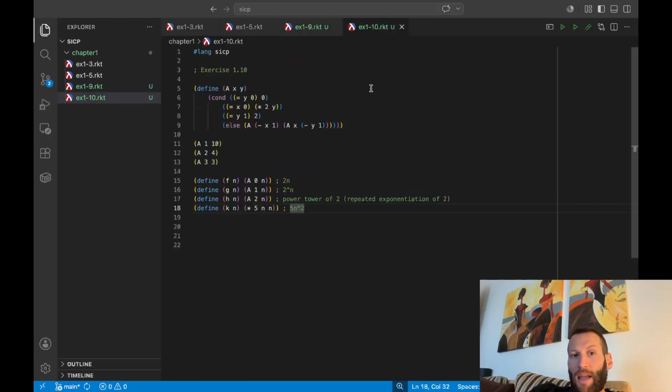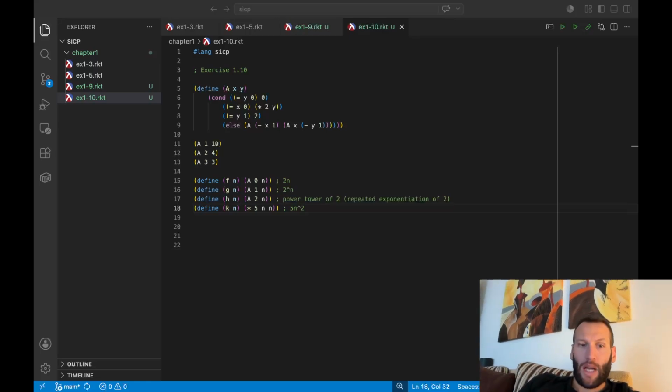Exercise 1.10 is more concrete in a sense. We have this definition. I don't remember the name of this mathematical function. Let me take the PDF and I'll tell you. The following procedure computes a mathematical function called Ackermann's function. Okay, and basically we are given the definition of this Ackermann's function, and we are asked to evaluate the value,